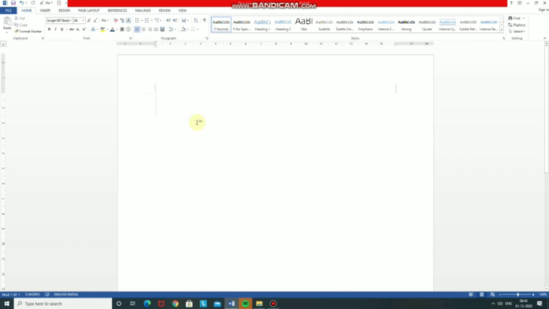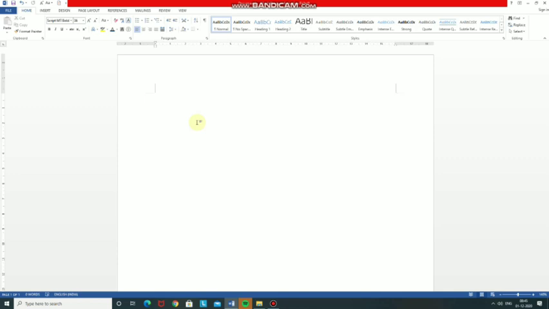Now see the parts of the Word 2013 window. In class 3, you have learned the various parts of the Word 2013 window. These have been reproduced for your revision. So, see this figure and you can revise the parts of Word 2013 which you have already learned. Now, see page number 55.